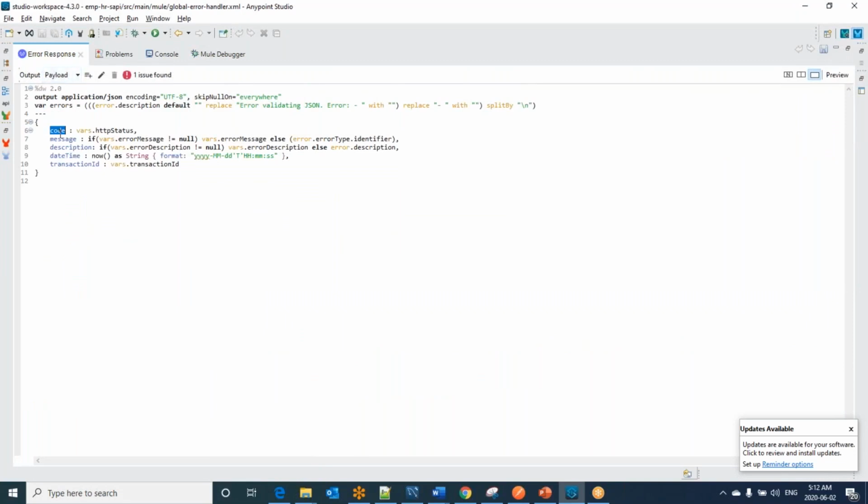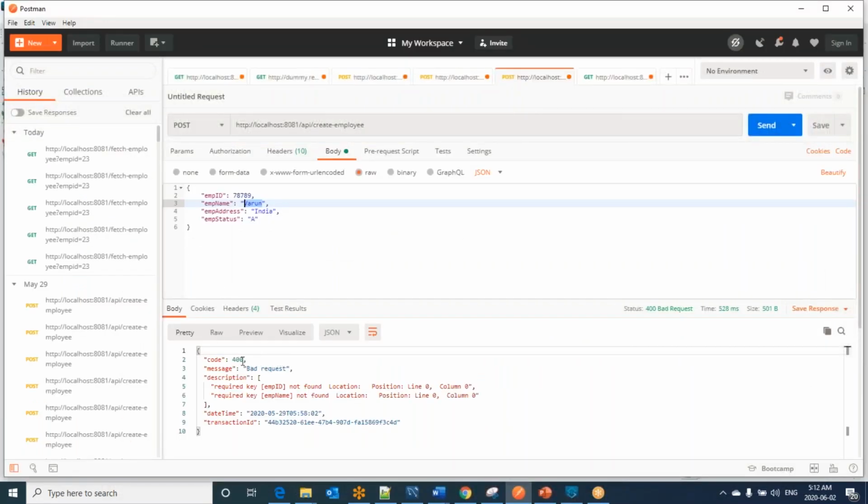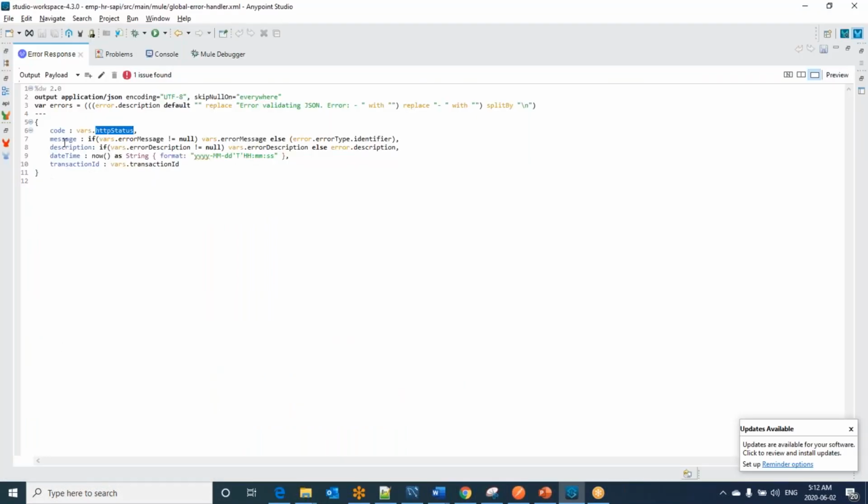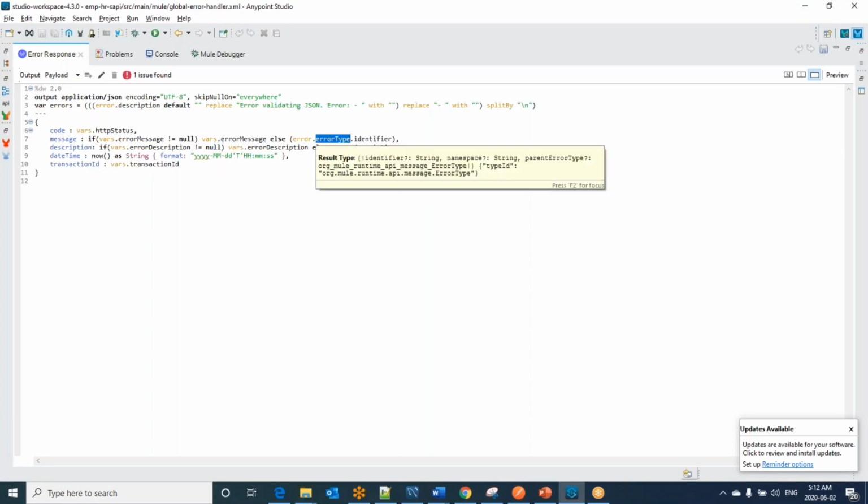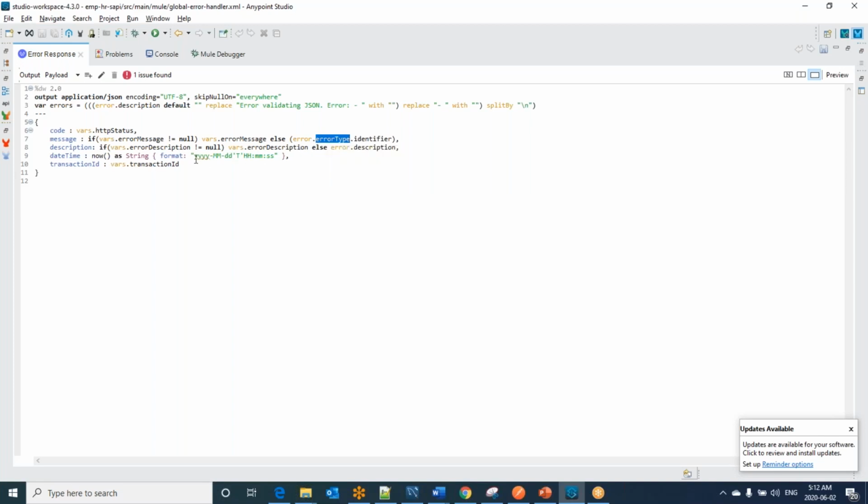So I am setting the code, whatever the HTTP status we would like to have. That response is going to come like this. So 400 for bad request. I will show you the execution, but if the message is not equal to null, then I'm setting the error message that we are preparing as a variable. If not, I am trying to get it from the error object and description. If the description is not equal to null, then whatever the variable we are setting,